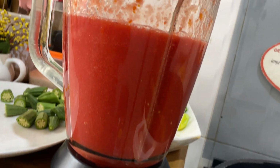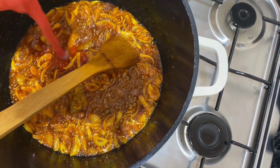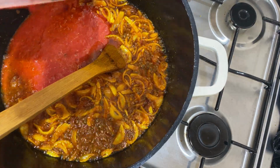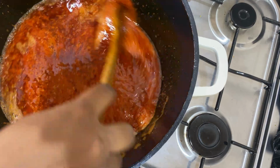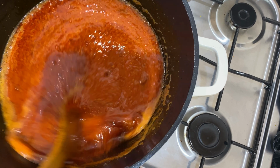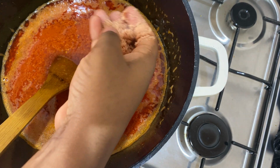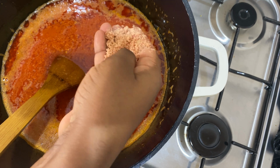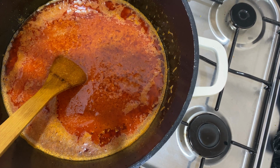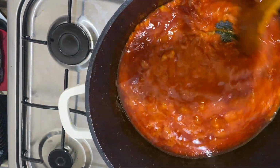We blended some tomatoes, pepper and then onion, so we will be adding it to our oil now. Add your shrimp cube, or you can add shrimp powder for flavor. So we'll cover our stew up and let it simmer for about 20 minutes, and then we'll stir and then